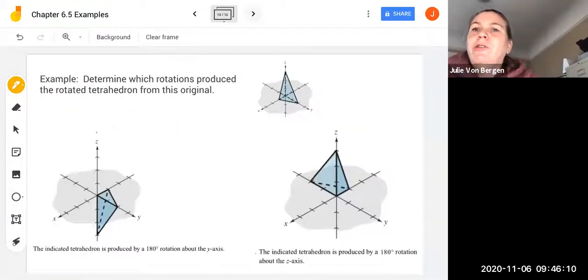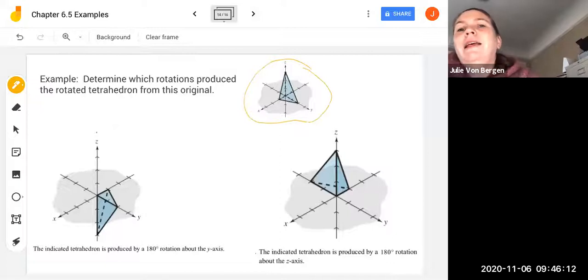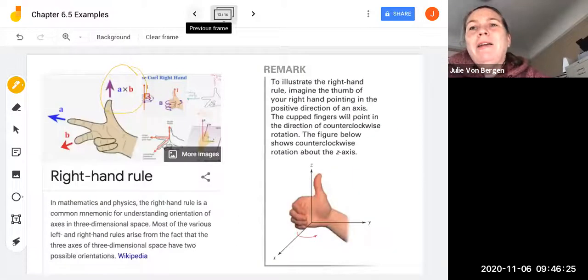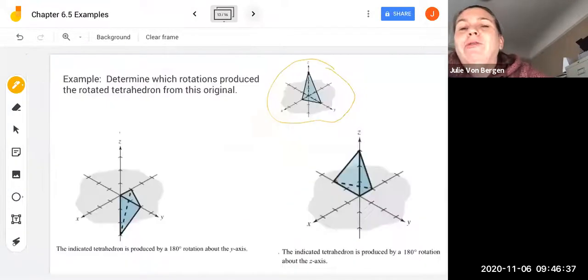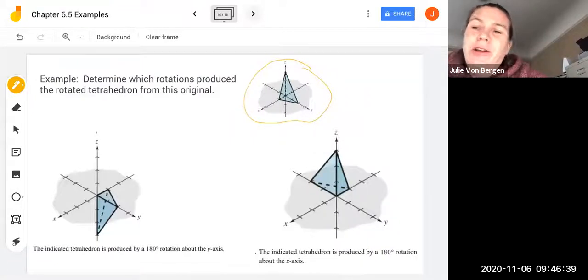We're going to start with this original tetrahedron and then look at the pictures of the rotation and just explain how it was rotated. Once we know the degrees or angle theta in radians that our tetrahedron is rotated by, then you get to come back to these matrices and set up your rotation matrix and act on all your points with this rotation matrix. And so after we look at some examples of figuring out rotation angles, then we'll look at an example of